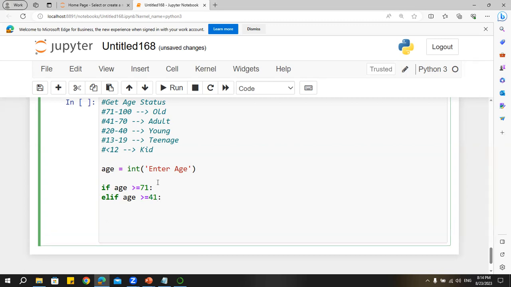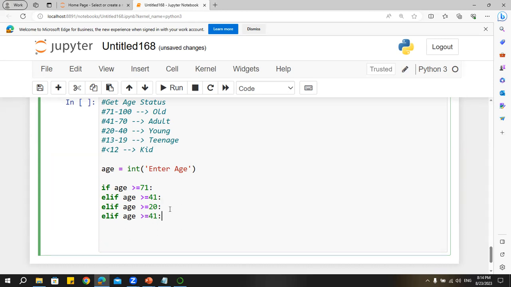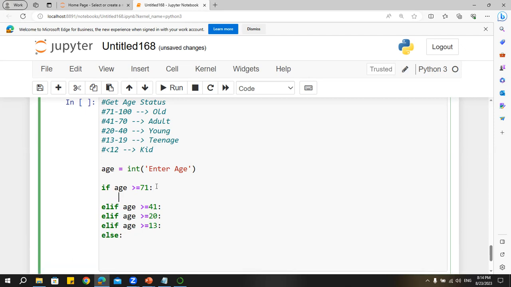Then we have one more condition. Let me copy this and I'll paste it here. Elif the age is greater than or equals to 20. Then the next condition will be greater than or equals to 13. And then I'll say these are the conditions. Now, if it is greater than or equals to 71, I'll say